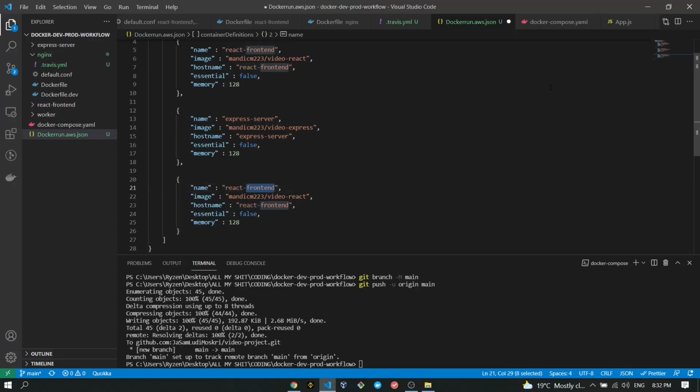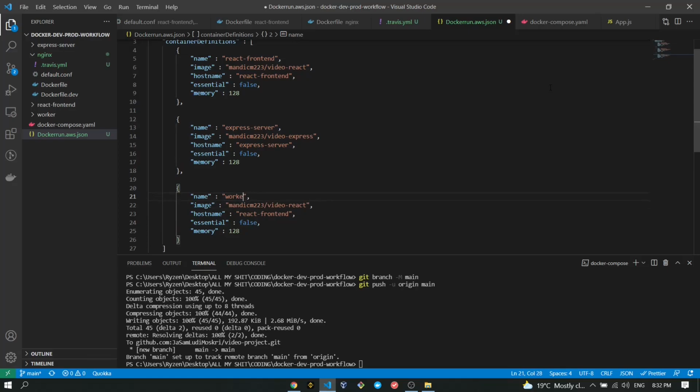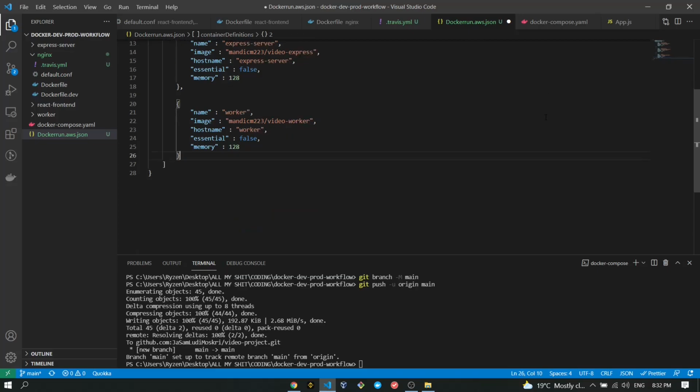Like for our server, this is going to be called worker. I'm sorry, worker. It is going to be my Docker ID. Worker, video worker. It is going to have host name of worker, and it is not going to be essential, and it is going to have memory like containers before. And now comma, I'm going to open new curly braces, and our last container is going to be